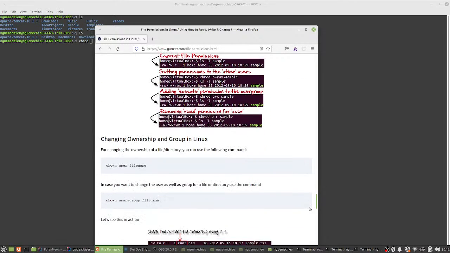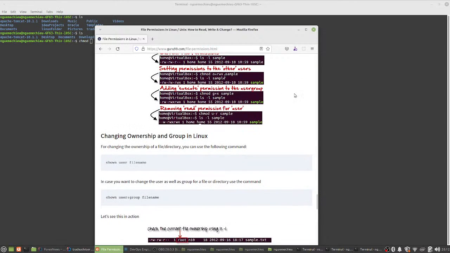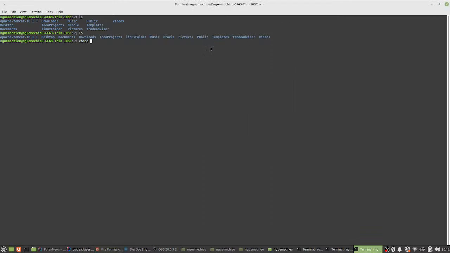But in the specific case of my tutorial, I'm just going to make it read and write by typing the code 777, and I need to specify the folder that will have that kind of access. So I need to specify Linux folder. We have a Linux folder here,